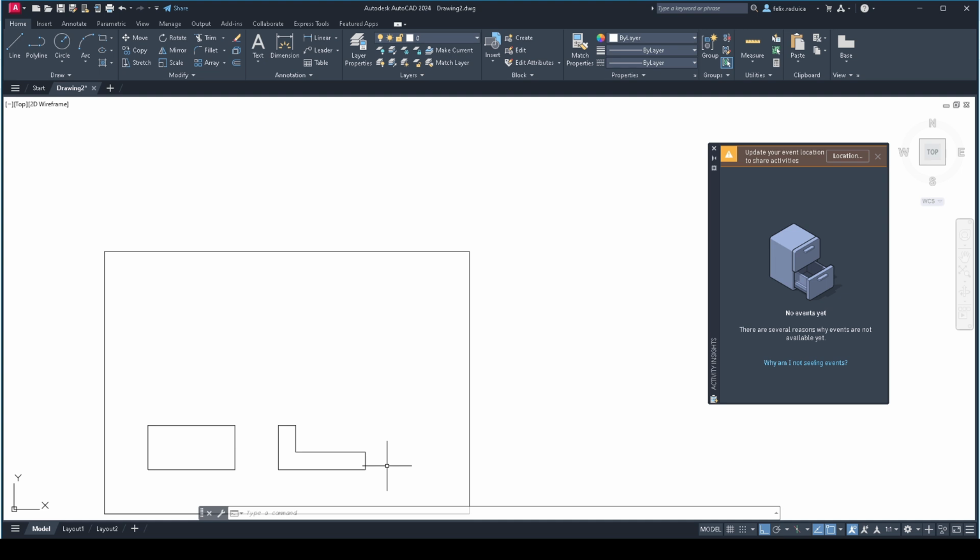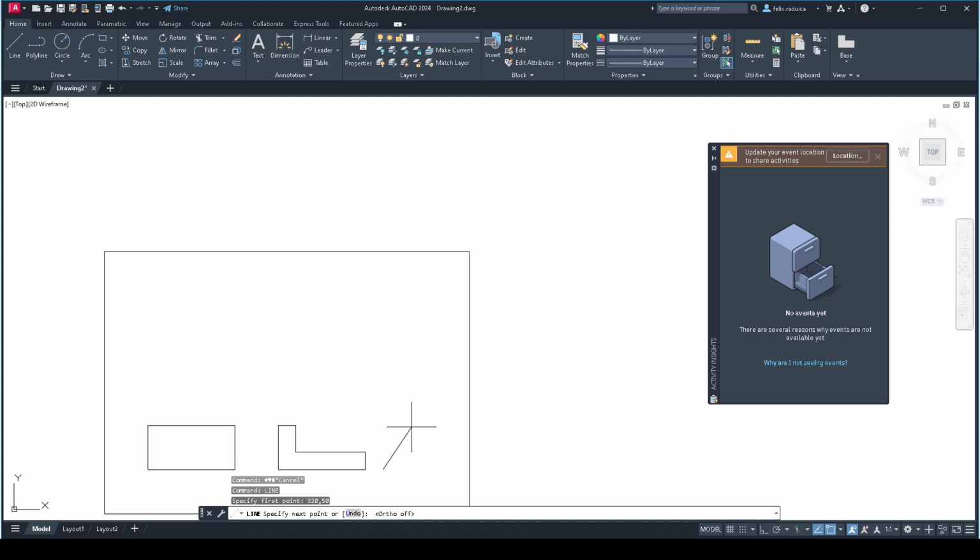So I'll give the line command and enter. Now I'll give the absolute coordinate to be 320, 50. Enter. And now I will disable my ortho mode, and I want to go up by 60